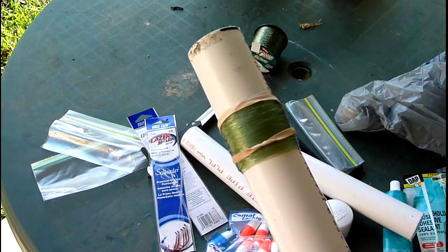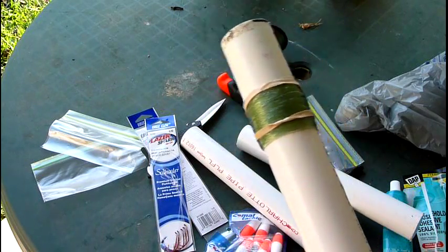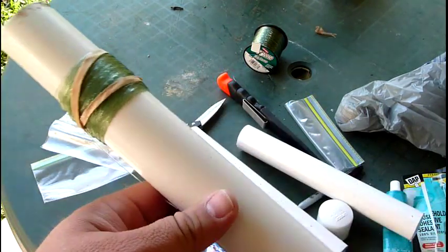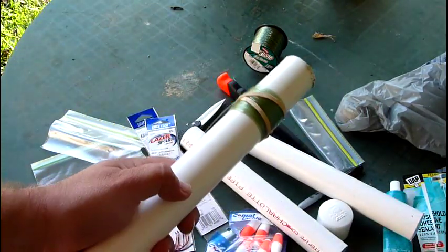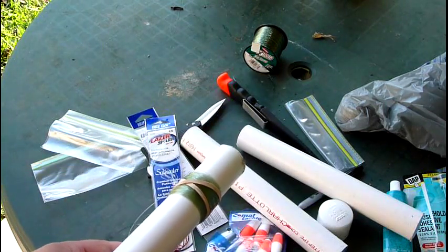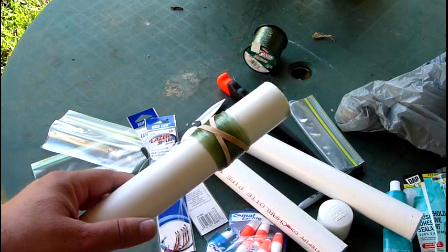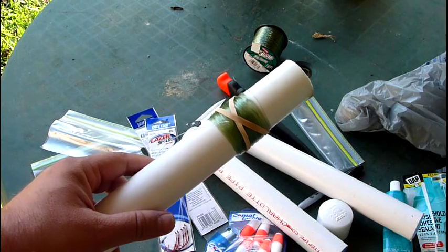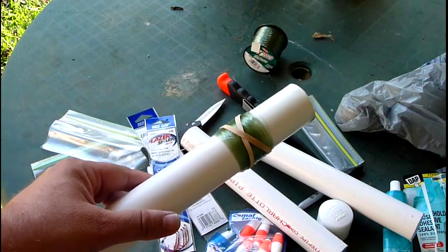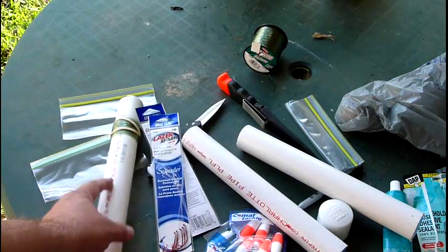You always want about twice as much line on a reel as what you can cast or more, right? That way, if you catch something a little bigger, you can play them a little bit. Also, since this is about survival, I'm not trying to be sporting or give the fish a chance, so I'm using 30-pound test line, right? Most fish that you would get inshore or in a creek or a river are never going to be able to break 30-pound test line unless it's a huge catfish or some ocean-going fish that has teeth,